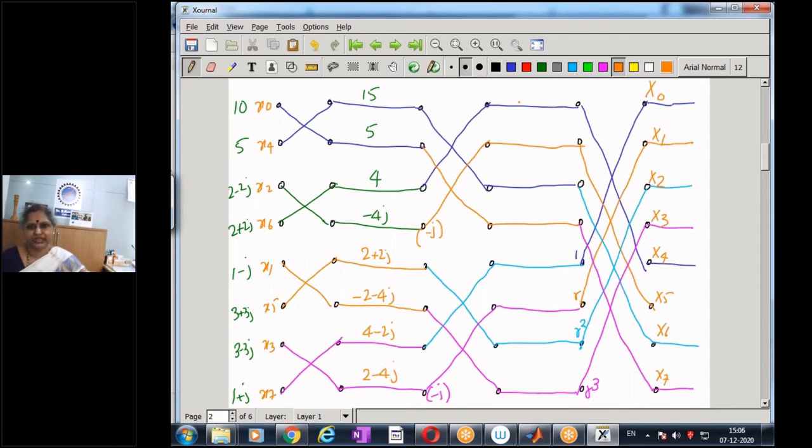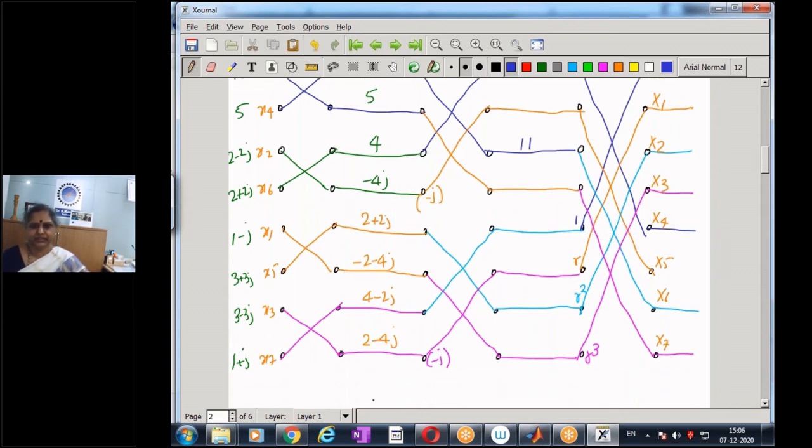So now let's go to the next stage. Let's compute this blue computation. This is going to be 15 plus 4, that is 19, and 15 minus 4, that is 11. Here it is going to be 5 plus minus 4j into minus j. And so 5,